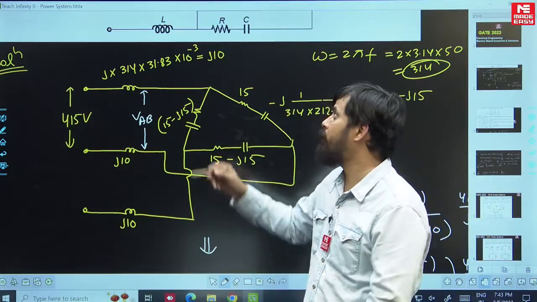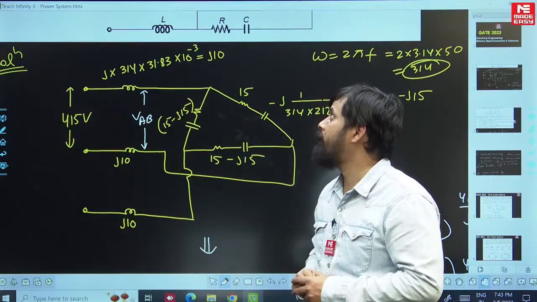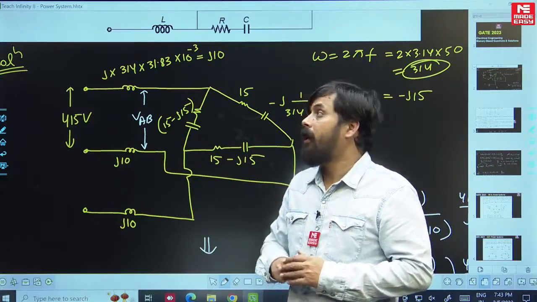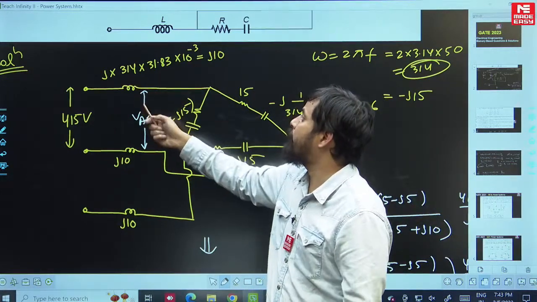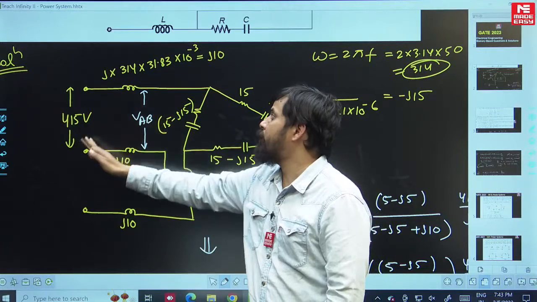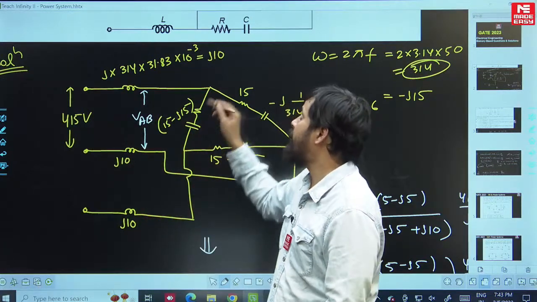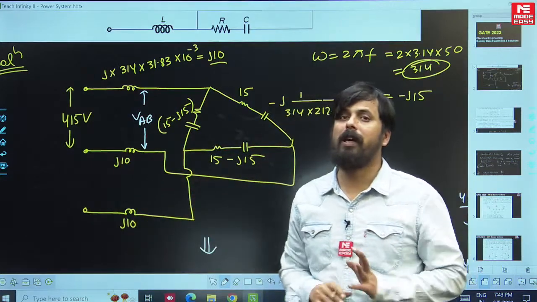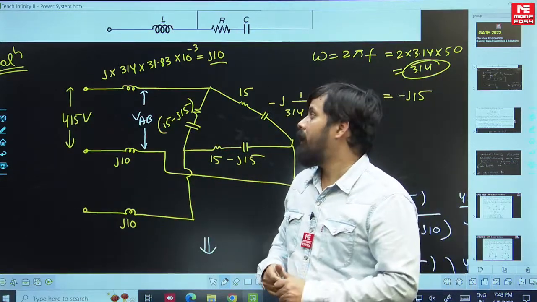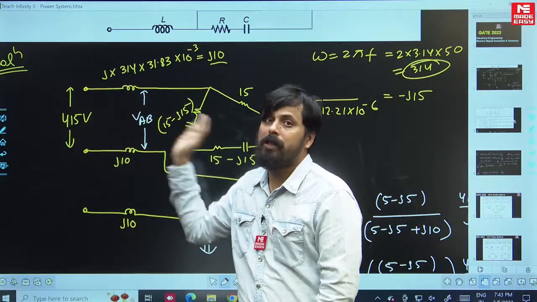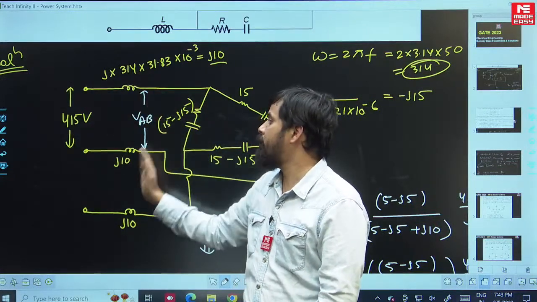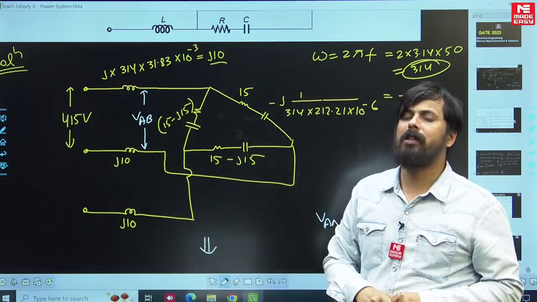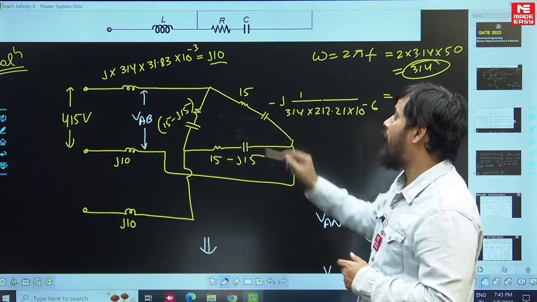मिली हेनरी, सो मैंने इसको लिखा है 31.83 इंटू 10⁻³ हेनरी। कुल मिला के जब आप कैलकुलेशन करोगे तो जो सोर्स को लोड से जोड़ने वाला इंपीडेंस है, इसका रिएक्टेंस आ रहा है J10। ये क्या है, इंपीडेंस ऑफ दी कनेक्शन बिटवीन द सोर्स एंड लोड, सोर्स और लोड के बीच में जो कनेक्शन है उसका इंपीडेंस है J10।